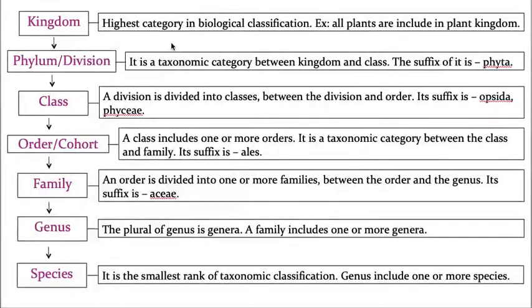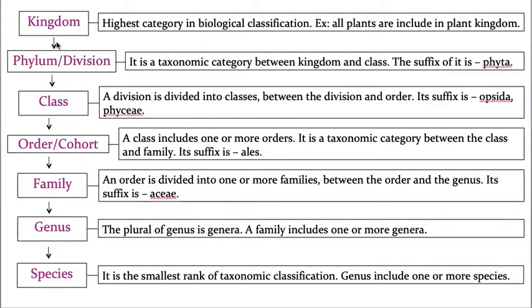Kingdom is the highest taxonomic category, whereas, as you can see clearly mentioned here, species is the lowest taxonomic category. So in the taxonomic hierarchy, kingdom is the uppermost taxonomic category, whereas species is the lowermost or smallest taxonomic category. Kingdom is the topmost, that means all the plants on this planet, every plant, come under the plant kingdom. Like that, all the animals come under the animal kingdom. That means these are the topmost. Kingdom is the uppermost level.